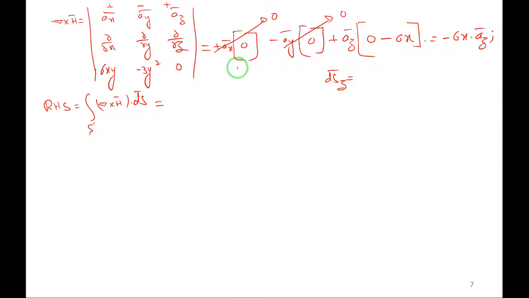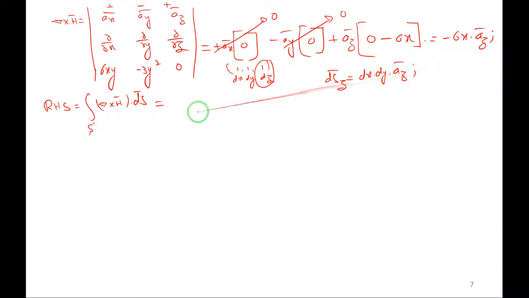So I know the scale factors 1, 1, 1, and differential elements are dx, dy, dz. So I want differential surface area along z direction, means leave this and multiply other things. 1 into 1 is 1, dx into dy. So dx dy into az. I hope you got it.